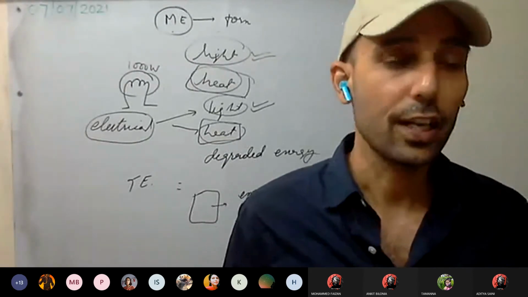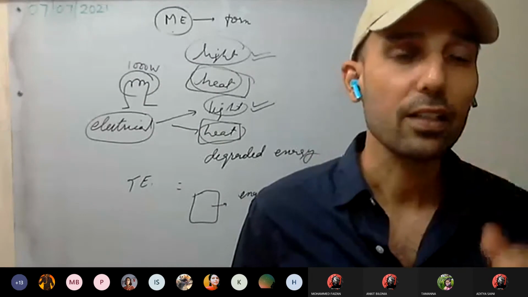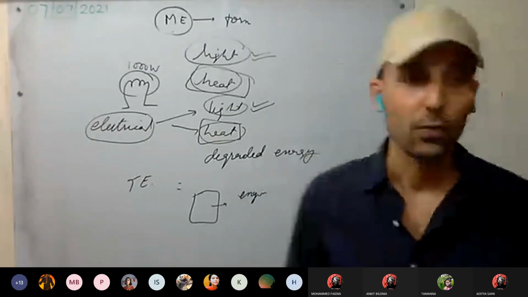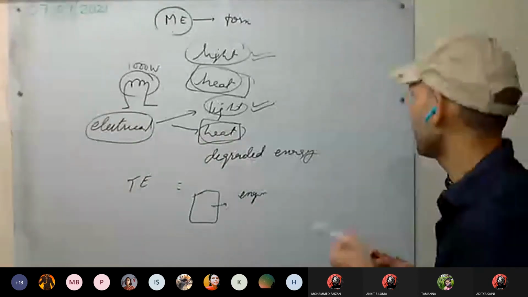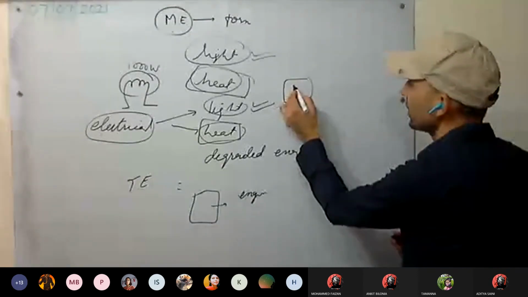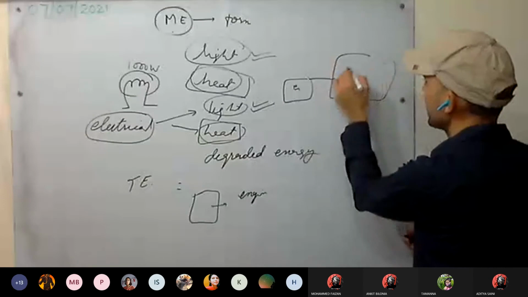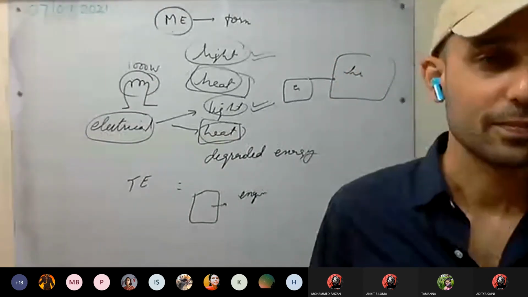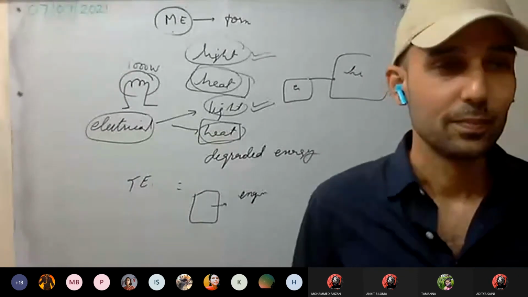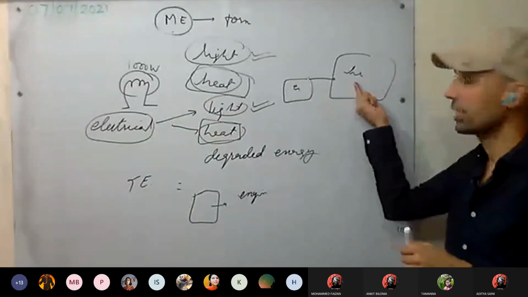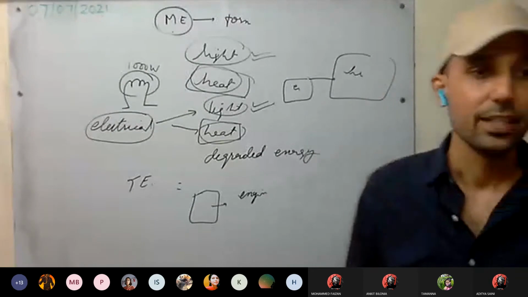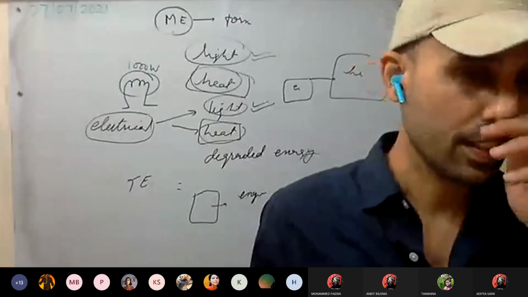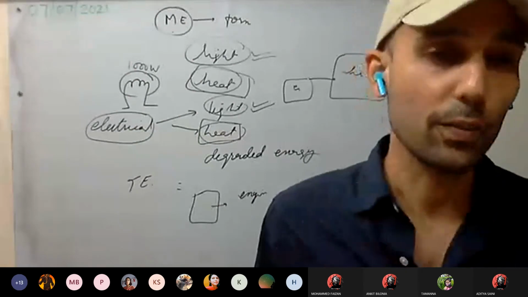Those heat and sound energies are unrequired. These are not used energy. This is clear. For example, like in winters, the heat energy from the engine can be used to heat the space inside the car. We can use it or not? Then we can use this form. Something like these innovations we can do, and you can use the degraded form of energy in some other form of energy.